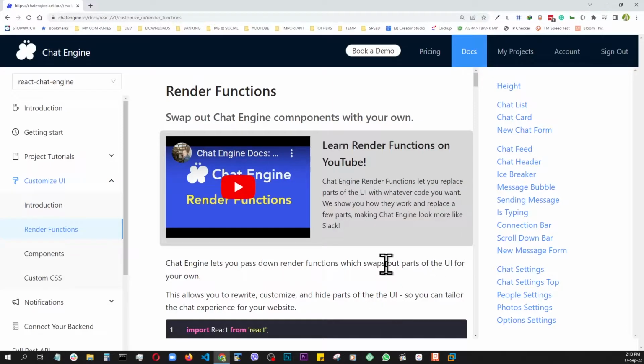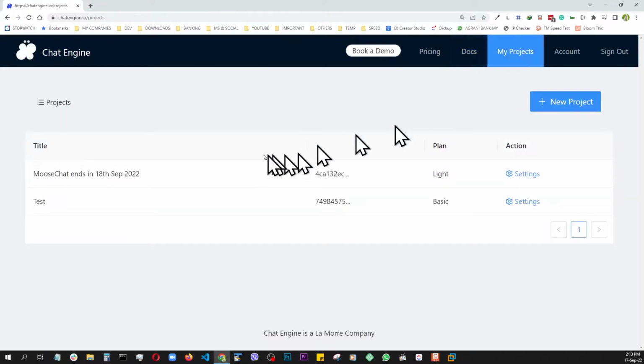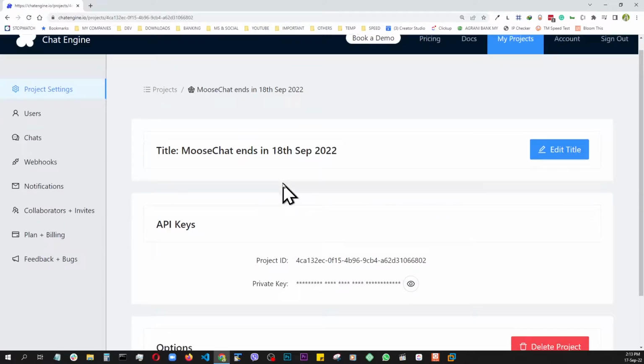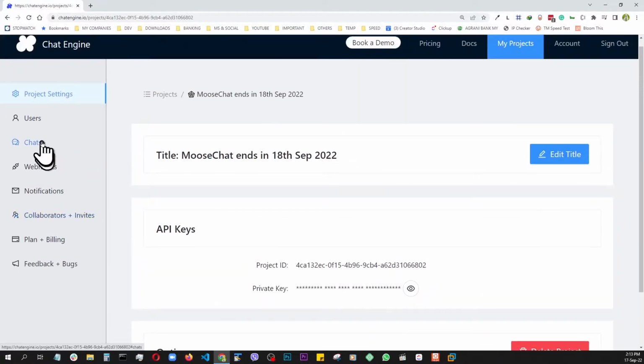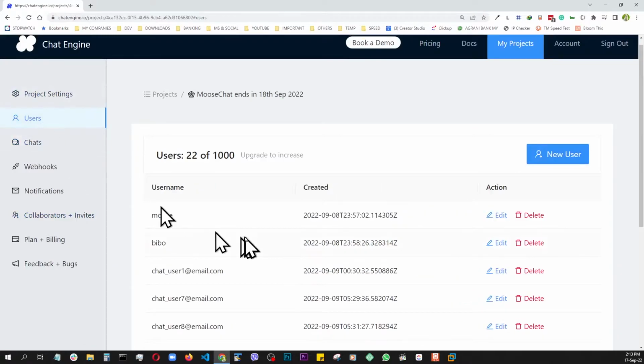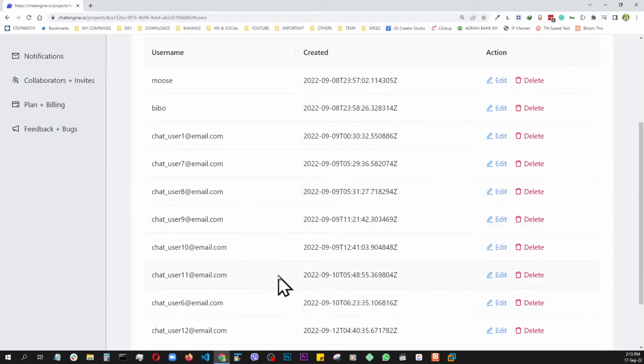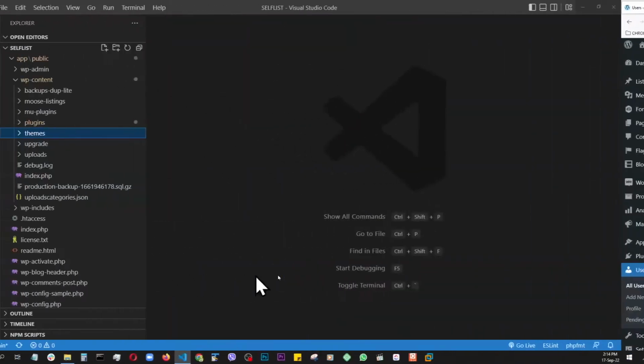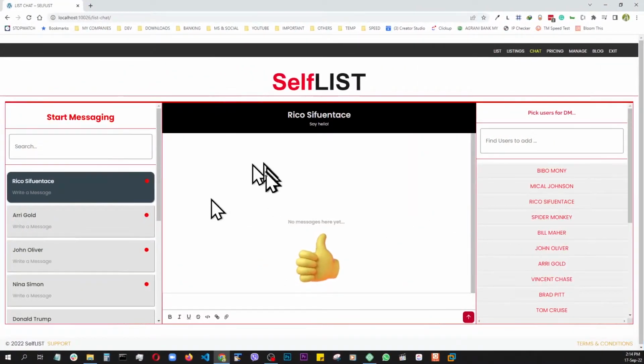And one important thing I need to show you is how I'm synchronizing the WordPress user to this user right here. Because otherwise, if you don't create the user ahead of time, these things will take multiple refreshes. Look at one refresh, right? It's okay, and it's pretty fast. But if you try to create the user on the fly, the whole UI goes crazy. So what I had to do